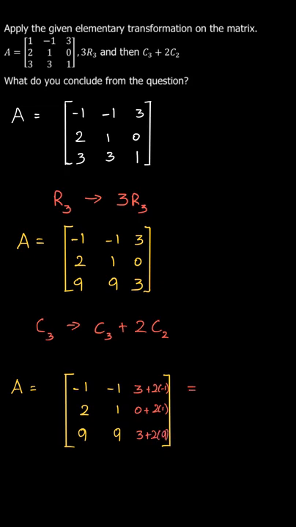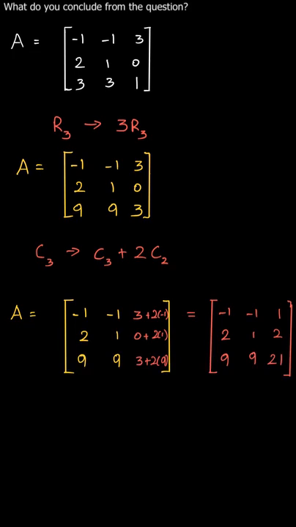Therefore this becomes equal to the matrix of, now the terms will be -1, 2, 9. Next we have -1, 1 and 9. Then we have 1, 2 and then we have 21. So here we have the matrix, but we have performed this elementary transformation to this matrix. Now we will perform this transformation to the given matrix.